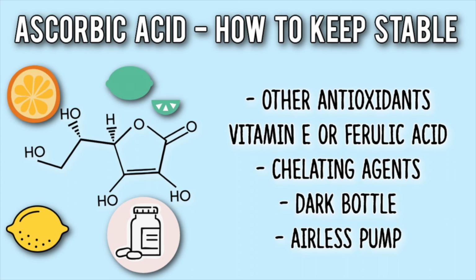And it's because these ascorbic acid, vitamin C, formulas are hard to formulate, and a lot of trial and error goes into creating these formulas. And oftentimes you also need to add in a lot of other ingredients to that product to keep the vitamin C or ascorbic acid stable. For example, other antioxidants like vitamin E and ferulic acid can help with keeping ascorbic acid more stable, along with the addition of chelating agents, a dark bottle so light can't enter, and also you want to use an airless